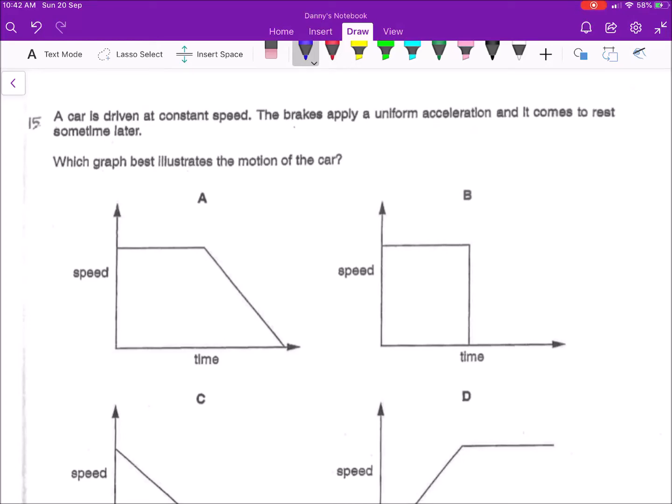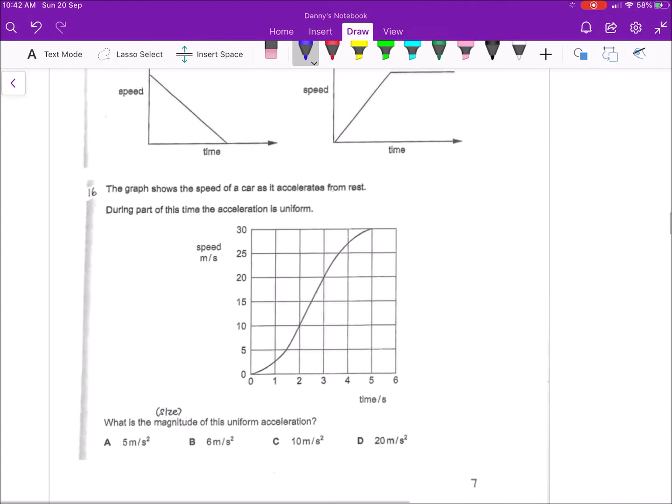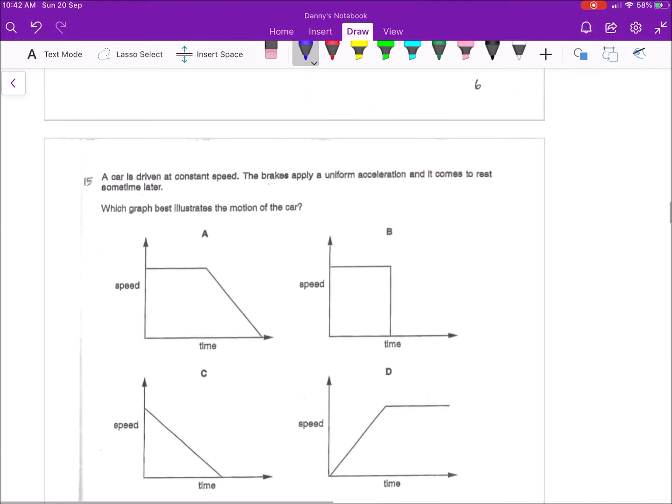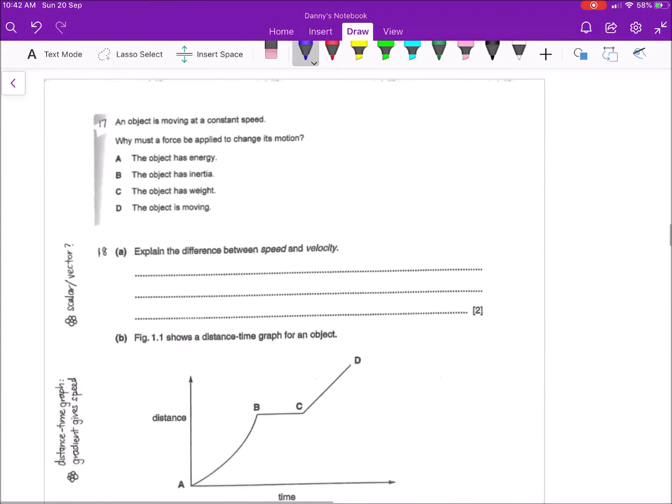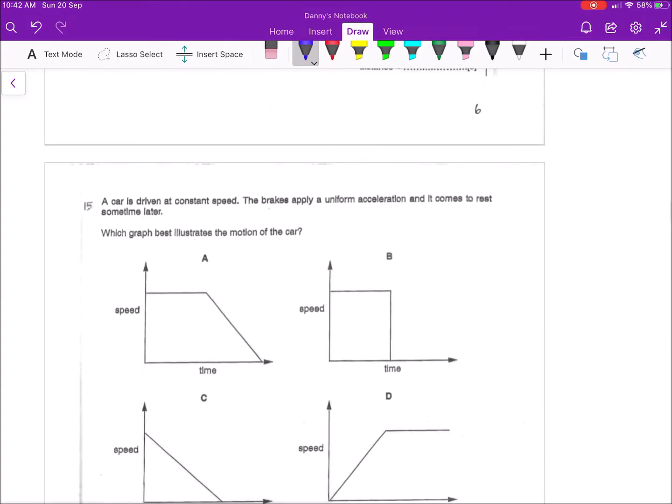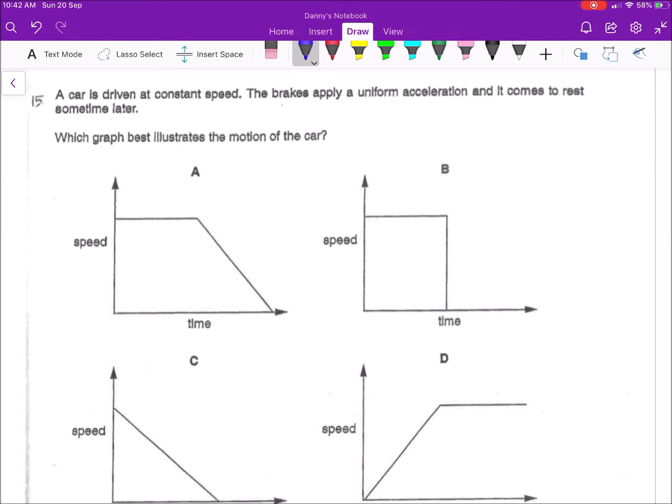Okay, now we look at question 15. This is the MCQ question from page 7. So in this video we will cover the MCQ questions from page 7 and page 8. Okay, so let's begin. These few questions seem to be covering the speed time graph and how you would